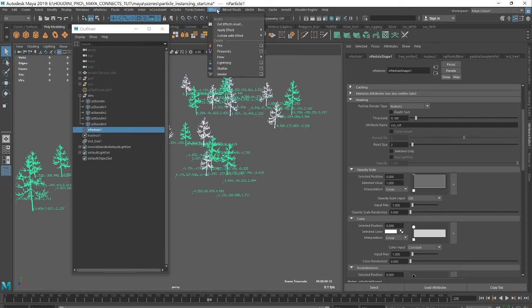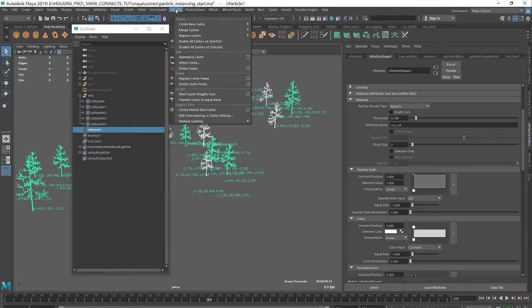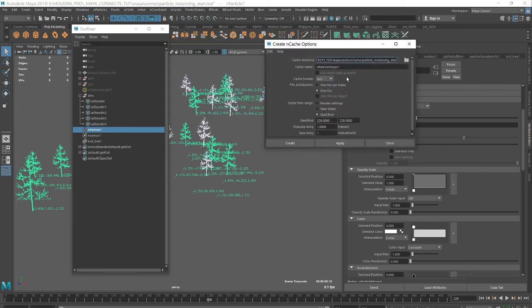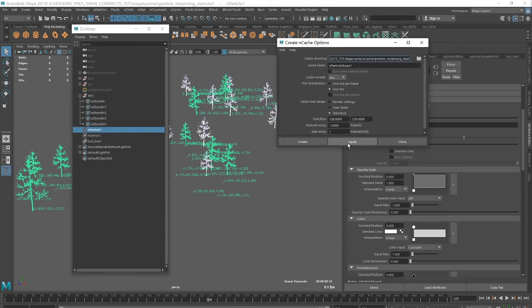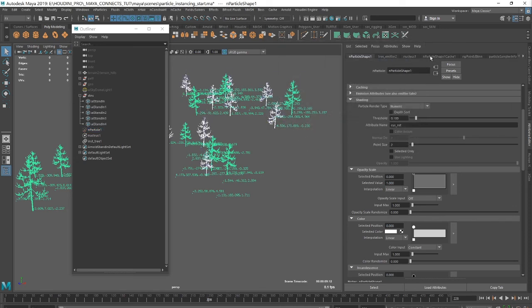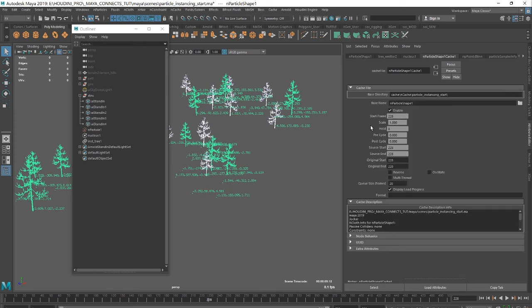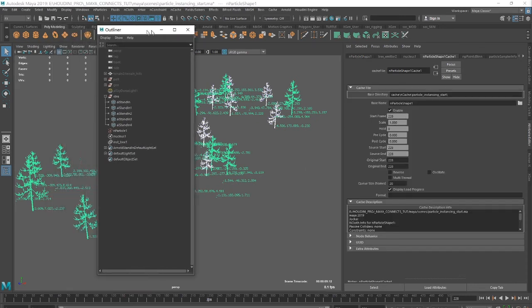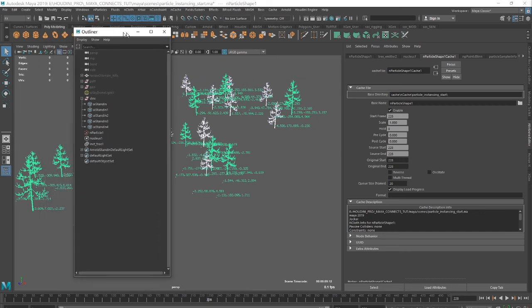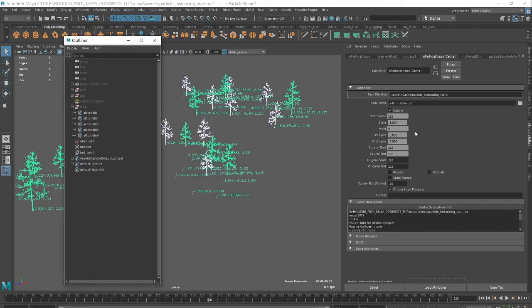Something funny was here, as a create new cache and cache. Yeah, sorry, it's create, not apply. We're creating a cache, and you see now we have a cache here. If you play now, nothing is changed, because we have to change our setting